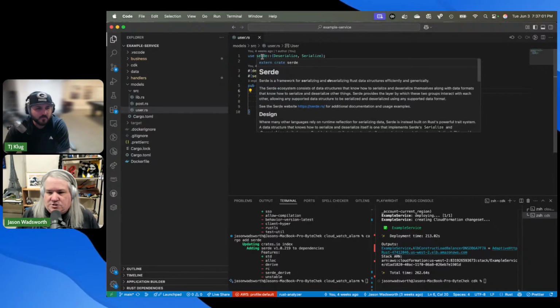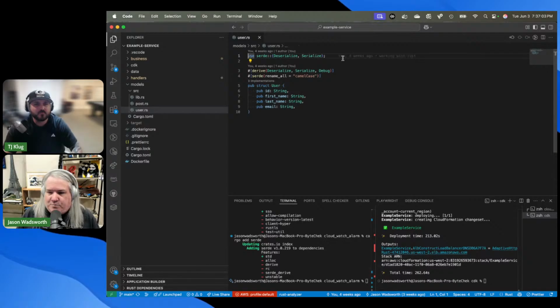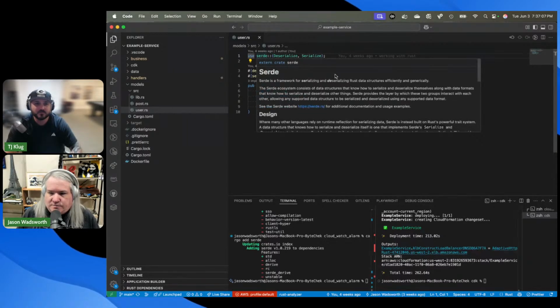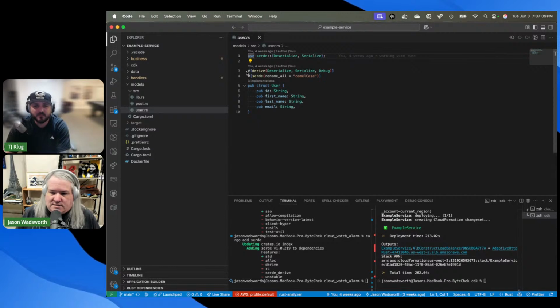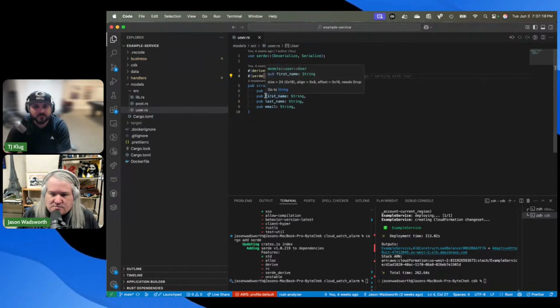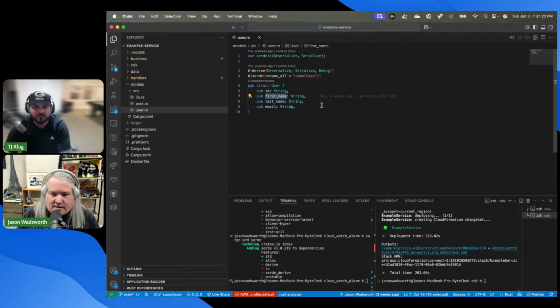This is Serde, I can't remember how to pronounce it, but it's the serialize/deserialize library that is the de facto thing to do. And so these basically are telling it, hey, you can deserialize this, serialize it. I've got something here to change it to camel case, because in Rust the standard is snake case, which I'm not a fan of, but whatever. When in Rome, so to speak.